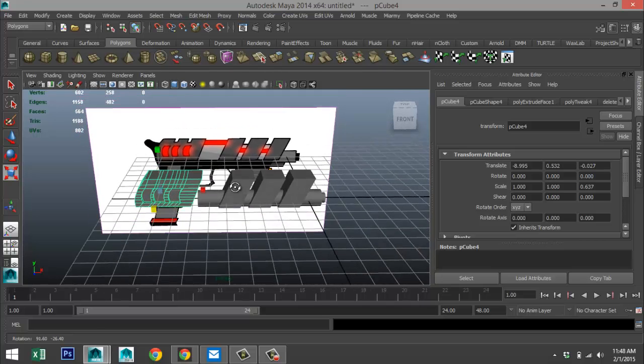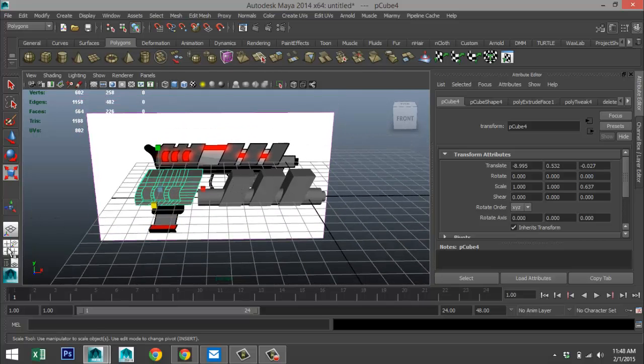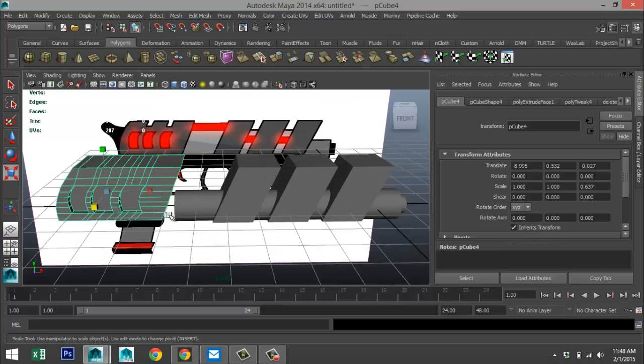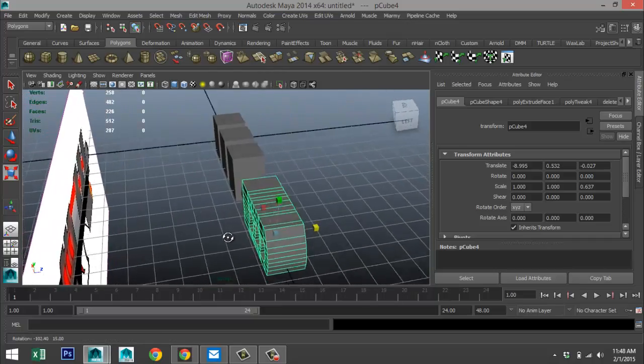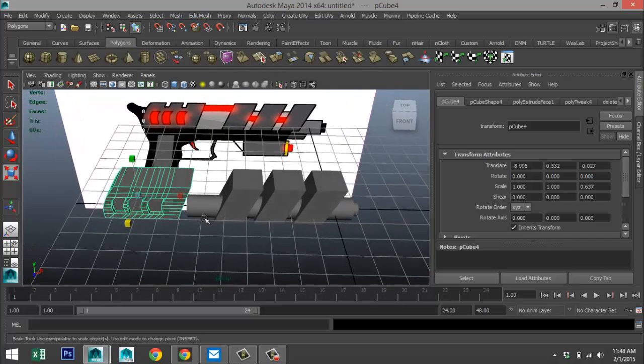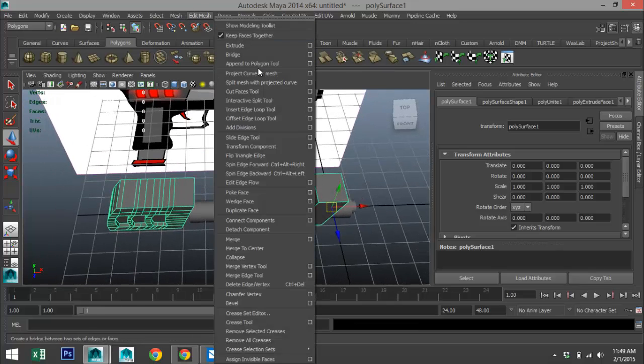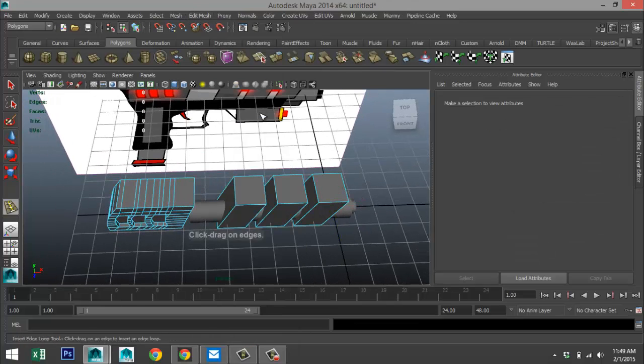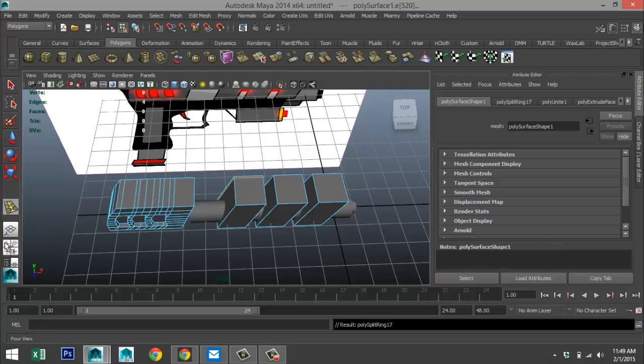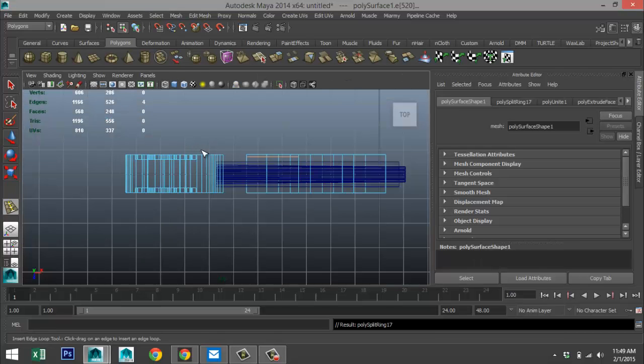Now we are going to tweak this a little. And what we're going to do is add some subdivisions on top. So I'm going to take these sections, mesh, combine, edit mesh, insert edge loop tool, and we're going to add a few to the top here, and I'll do it from this view.